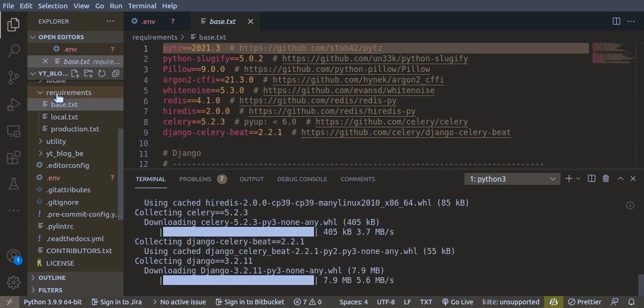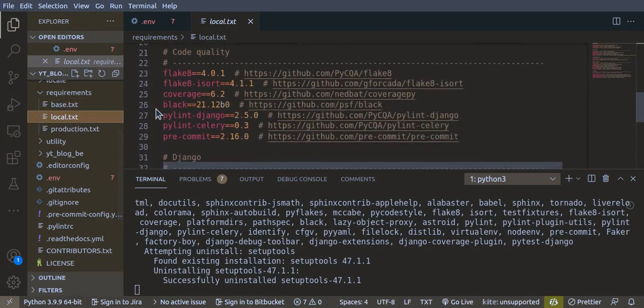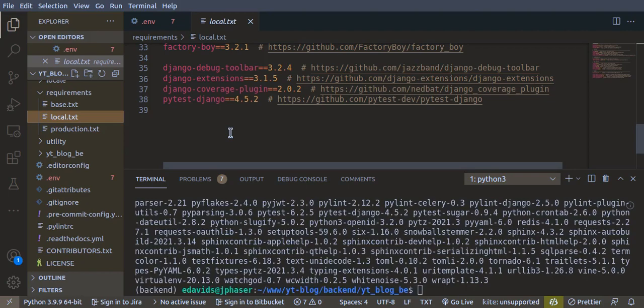So if you need to install a new package on your system, you just come down here and add a new pip package here, run your installation again, and you're good to go. So we're done. Now if you run the command we ran initially, run server,